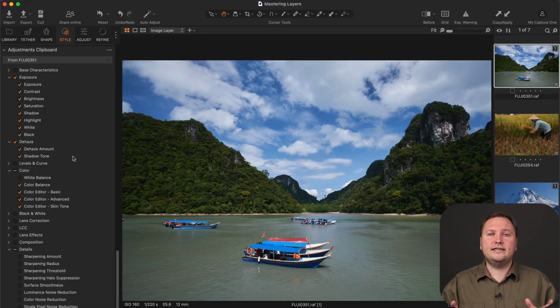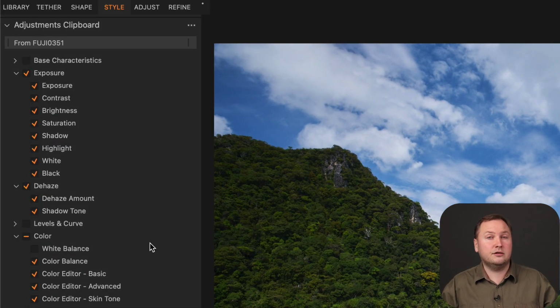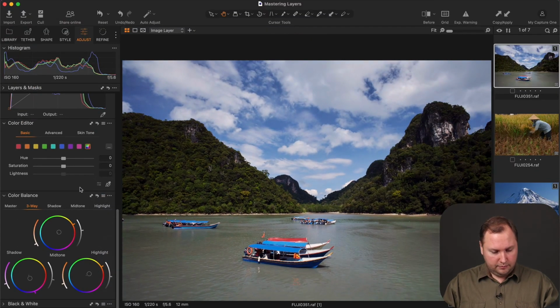A style can contain all your image adjustments, including exposure corrections, color grading, metadata, or any other image adjustments. A preset contains adjustments of a single tool only. So, for instance, the color balance tool has a number of useful built-in presets that you can apply to quickly color grade your shot. However, you can easily save adjustments of a single tool in a style as well, and